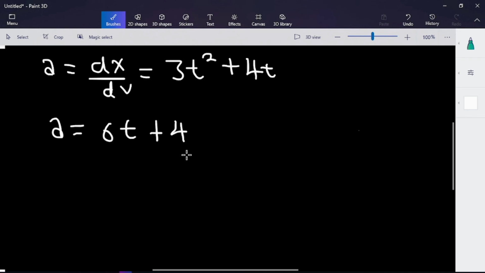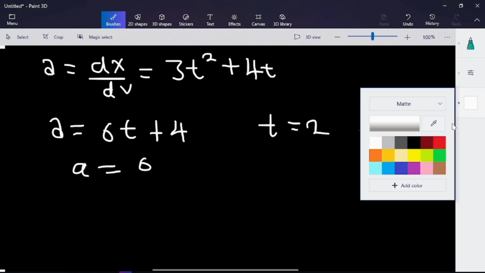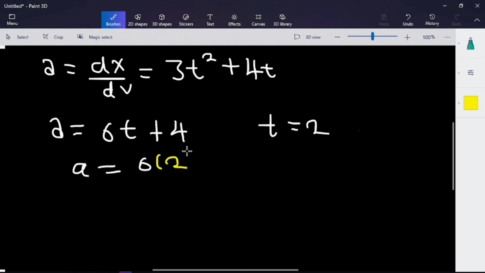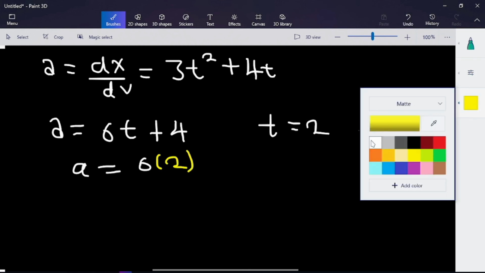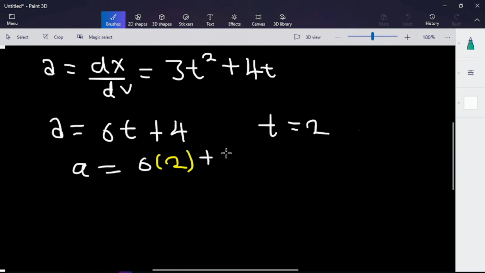This differentiated is basically 4. And then they say that if our t is 2 seconds, so we're simply going to have a equal to 6 times our t, which is 2, plus our 4,